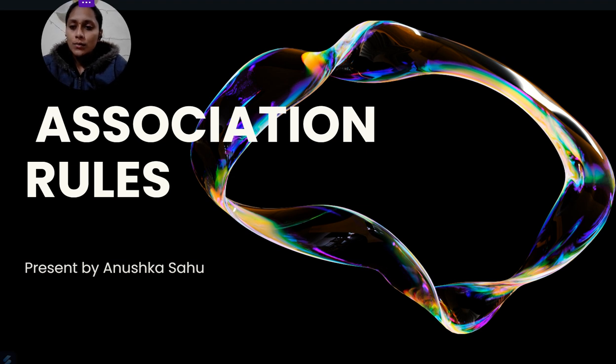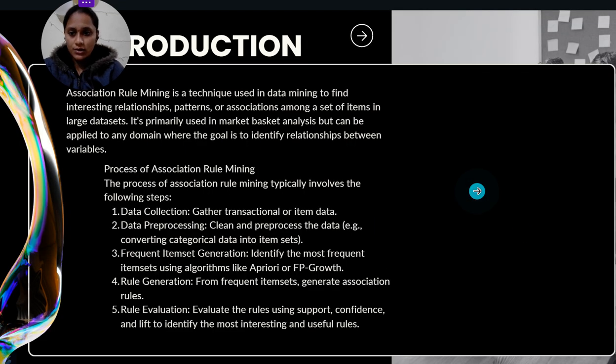So, my today's topic is association rules. So, let's discuss what is association rule. Association rule mining is a technique used in data mining to find interesting relationships, patterns, or associations among a set of items in large data sets. It's primarily used in market basket analysis but can be applied to any domain where the goal is to identify